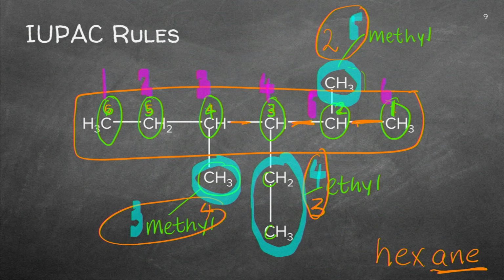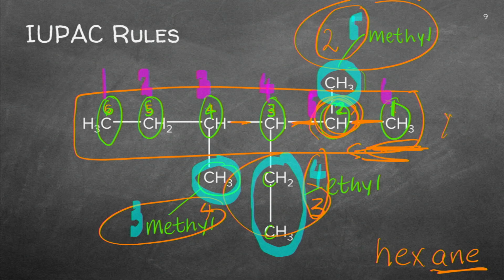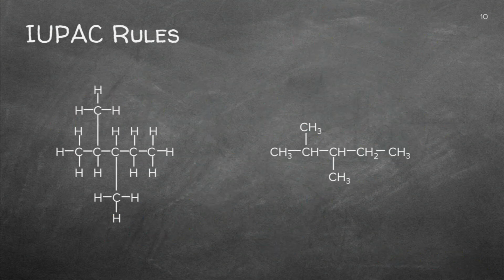And you can see, if I start from this side here and work that way, this will have the smallest number. So you also always start where you've got the lowest number of substituents. And we'll get to the rest of the naming just now. So that was just the important rule. You find your chain, you identify what's added, and you start on the side where that's got the smallest number. Right, let's see what we can do with this one.